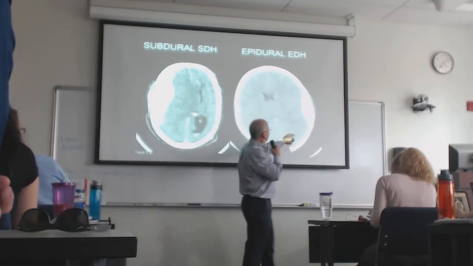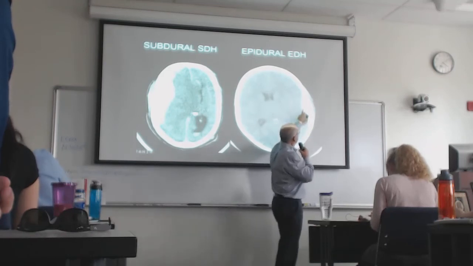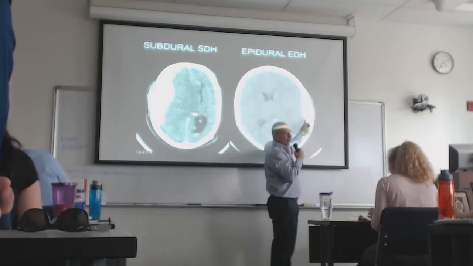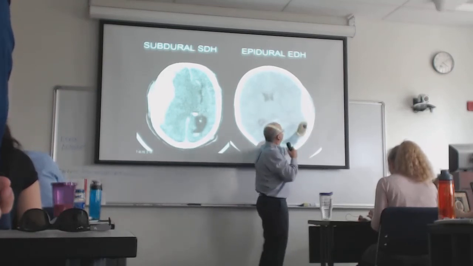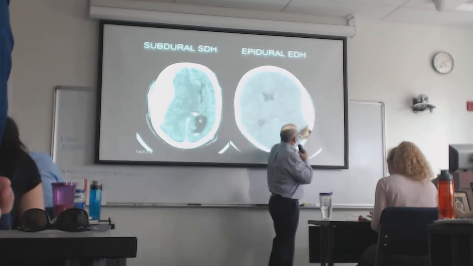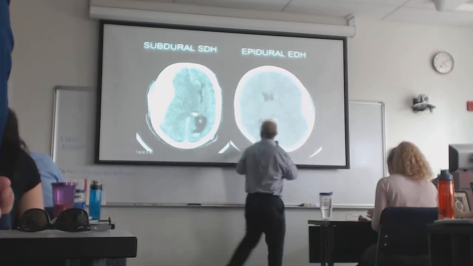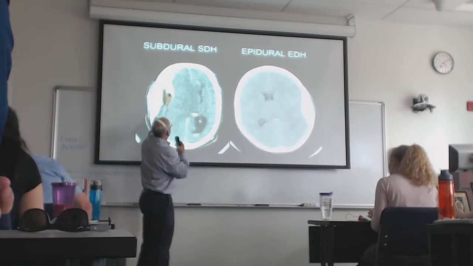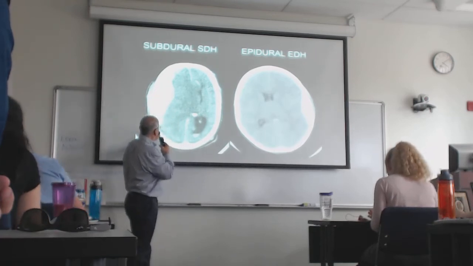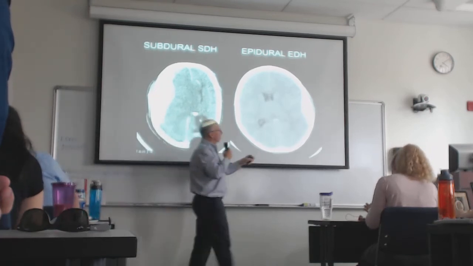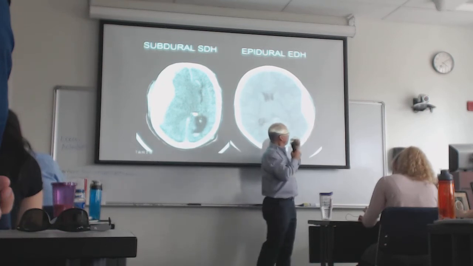Now, here's the epidural. This is the lentiform shape of the epidural. Looks like a lens. Notice how it stops. It stops right here, here and here. This one doesn't stop. It just goes almost entirely. It yes, sort of stops here. The reason why this stops is because,